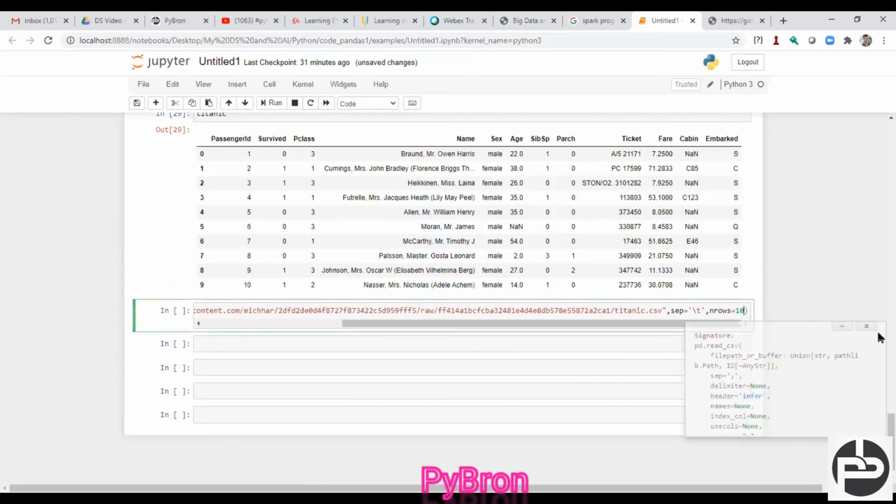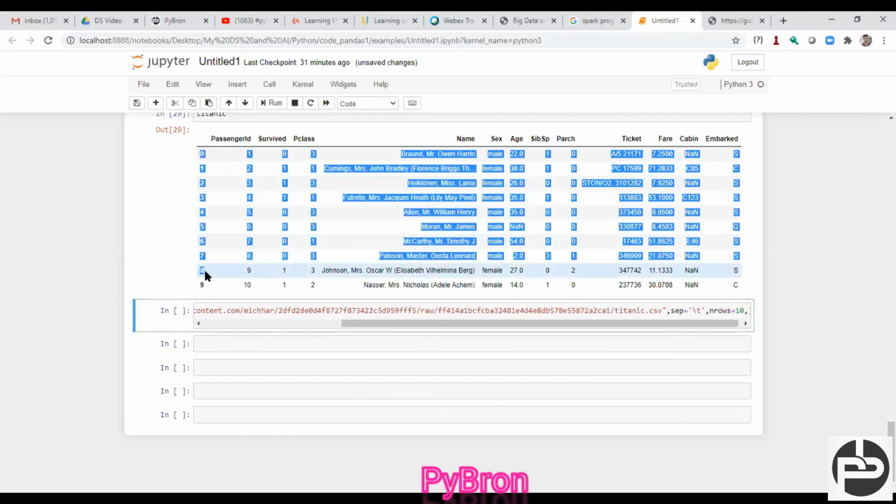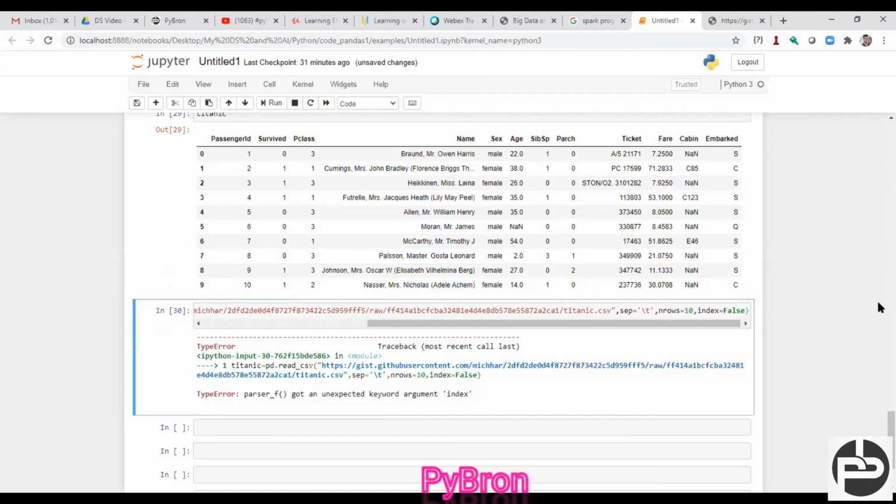So now if you make an argument like index equal to false, by default pandas gives the index 0 1 2 3 like this. Suppose you don't want this, you want your own index, so you can set index equal to false. This is one argument. And what is that? Index parser got an unexpected argument of index.